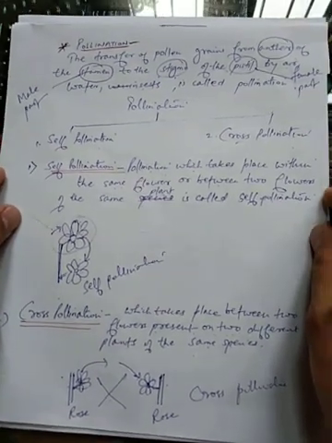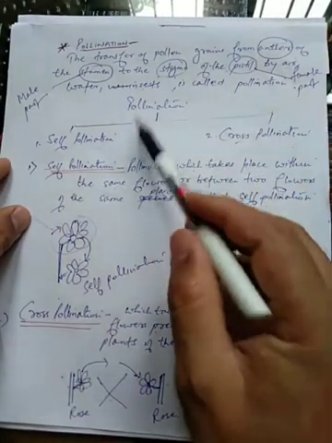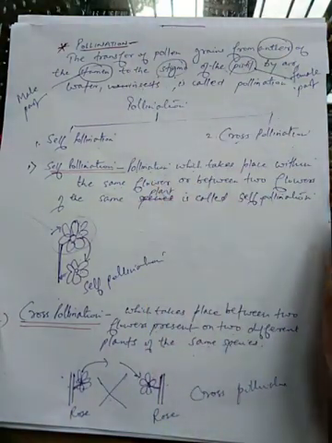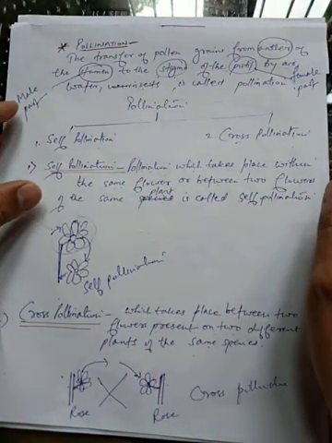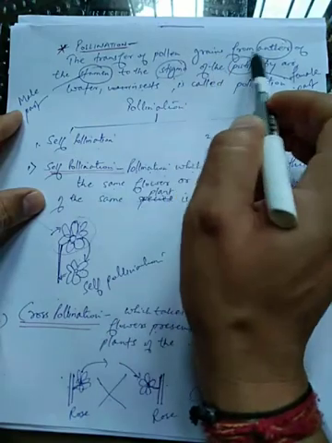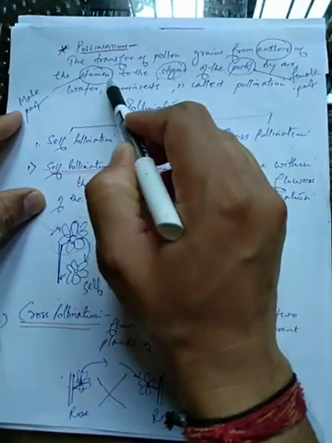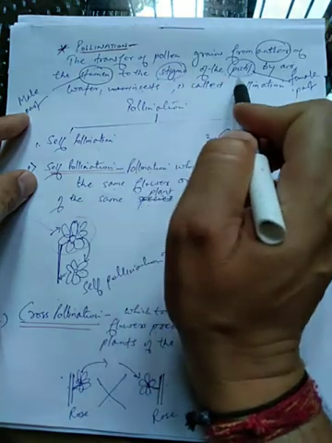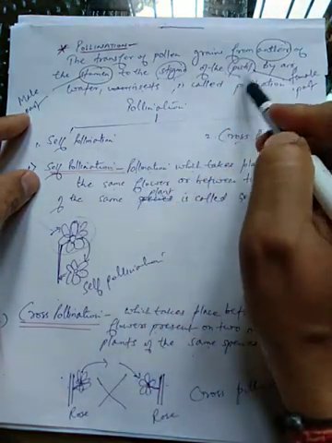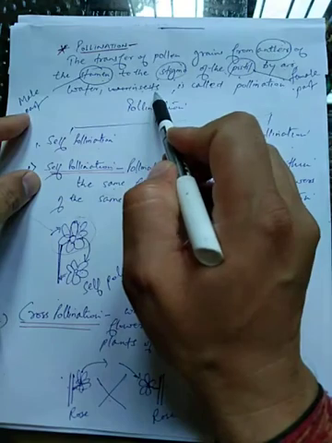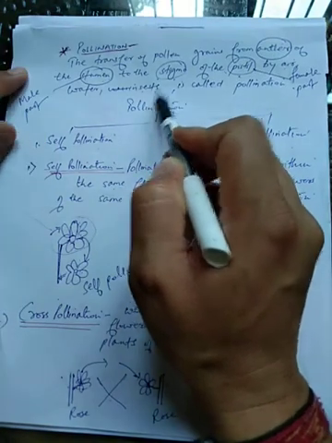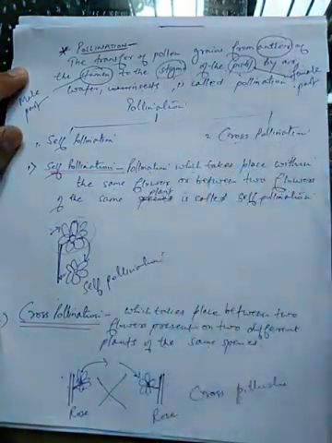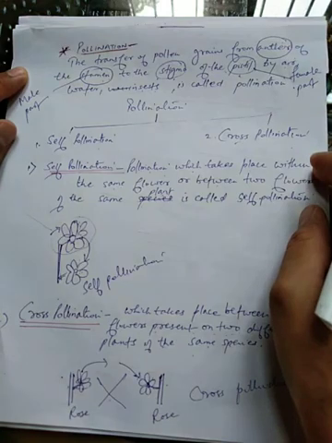Now next, which we are going to revise, is pollination. Students, pollination is the transfer of pollen grains from the anther of the stamen, that is the male part, androecium, to the stigma of the pistil, that is gynoecium, by air, water, or insects. These air, water and insects are known as agents of pollination.